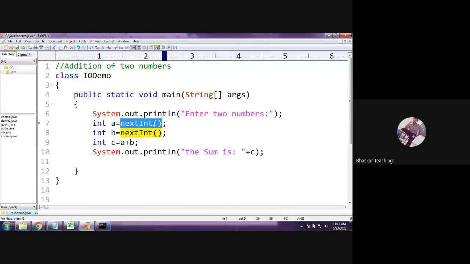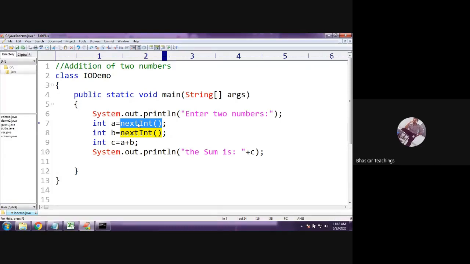We are calling the method nextInt, but it doesn't belong to our class. It means this method belongs to some other class. If it belongs to some other class, first you need to create an object for that class, right? First you need to know which class this nextInt belongs to.